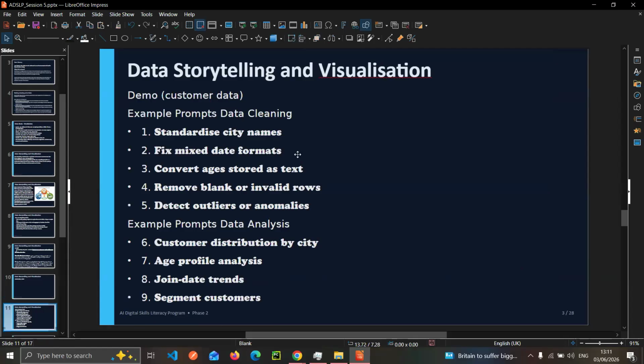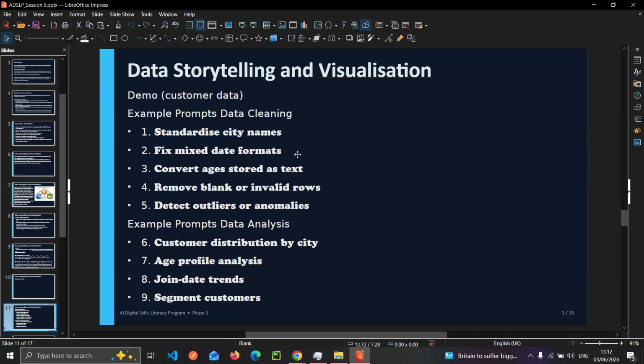Now we are going to have some exercise, which I'm going to spearhead from my end, and it's going to be a practical exercise. Hopefully, everyone engages. If you realize in the WhatsApp group, I uploaded three files. The first one is customer ID, name, dates, and it's a CSV file.